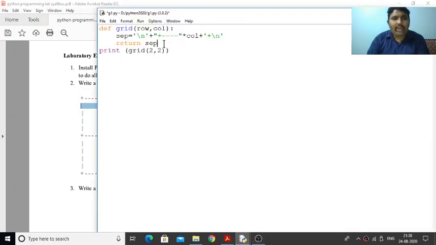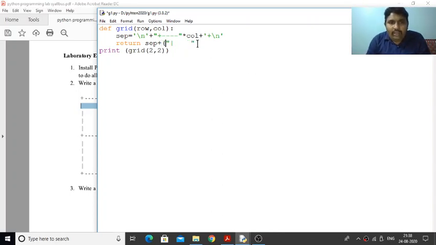So what we have to do here is return separator plus, and we need to work out how many of these are required. Slash, after that we need spaces 1 2 3 4. Let us close and put one bracket here.